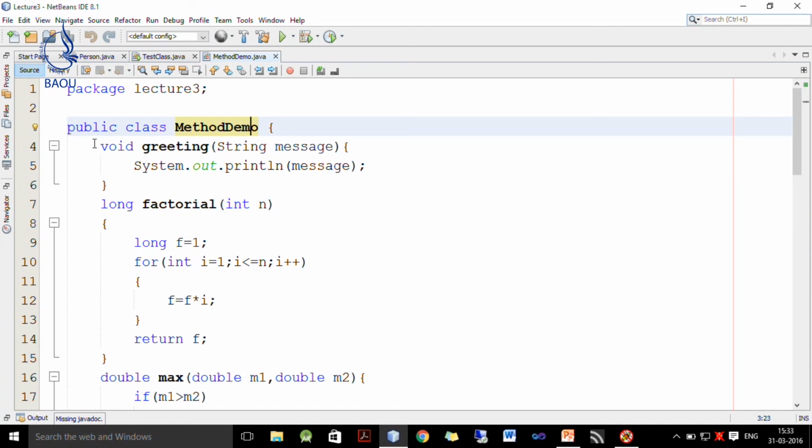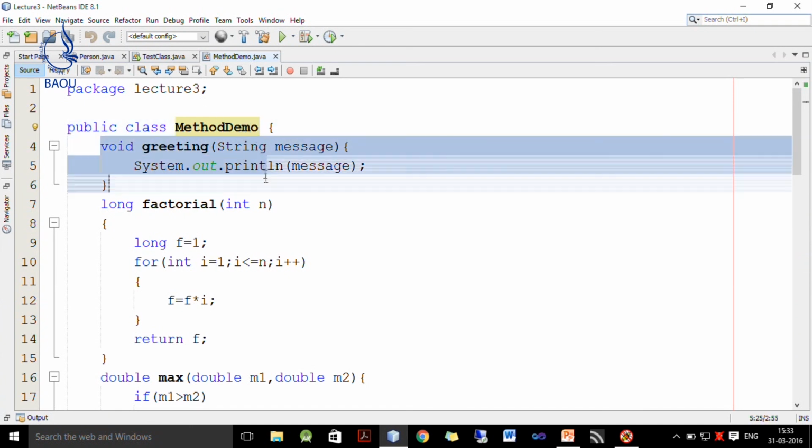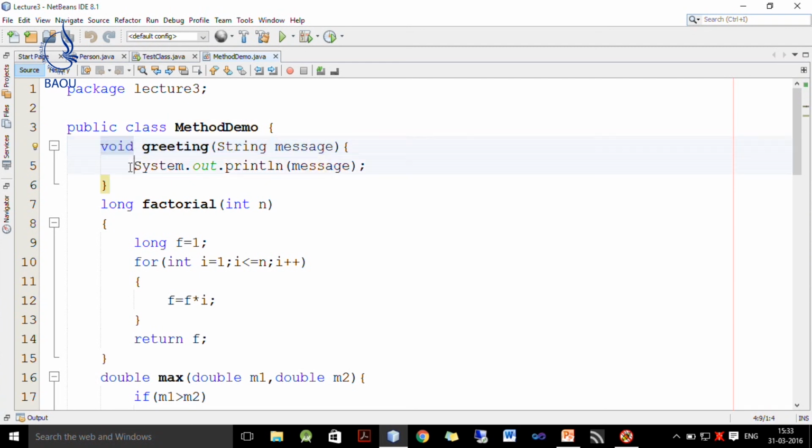So, inside MethodDemo, first I define this method which takes a string parameter message and returns nothing. Inside this greeting method, I just display this message passed by the user for display purpose. So, need not return anything.